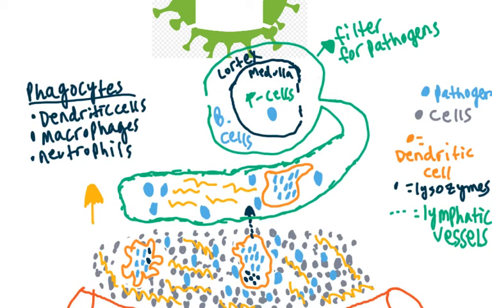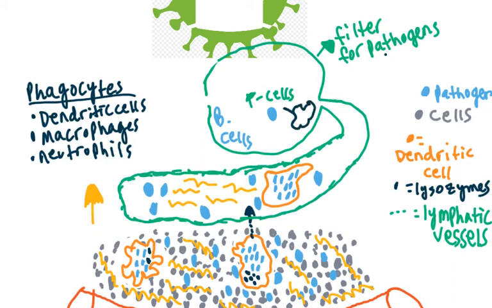So let's say in general, let me go and erase this cortex and medulla lining here, because we're trying to get the overview down, but to know that we have a cortex and medulla that separates our lymph node. But in general, if we have a pathogen here, we also have some macrophages here that can take this bacteria in through phagocytosis and break it up into smaller pieces. And eventually what this will lead to, in addition to our dendritic cells that are coming in,